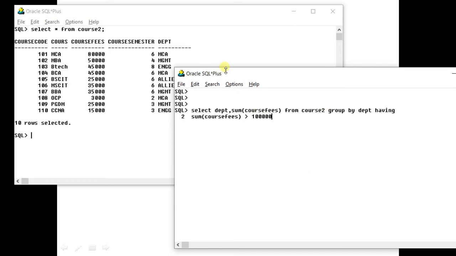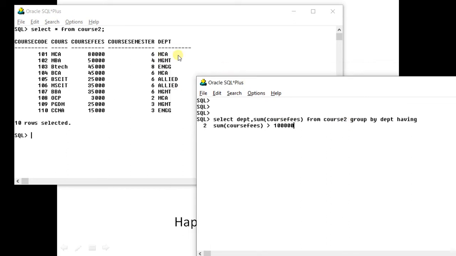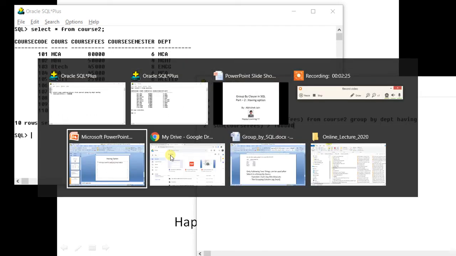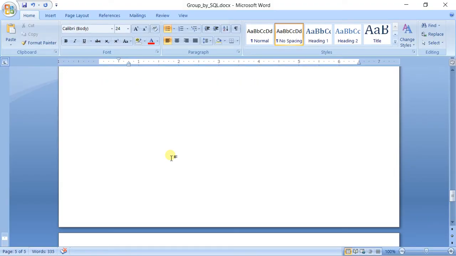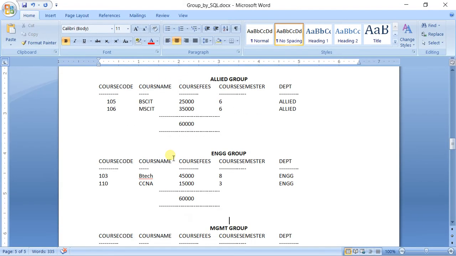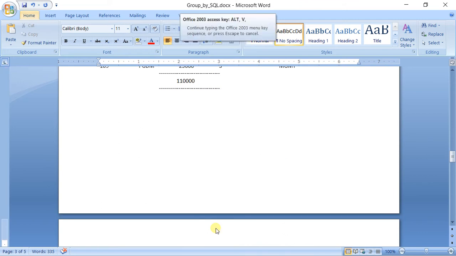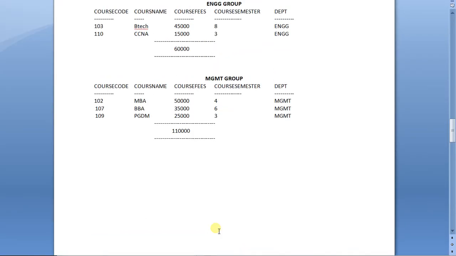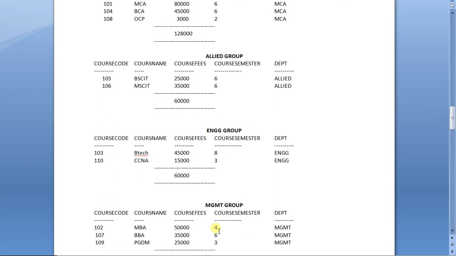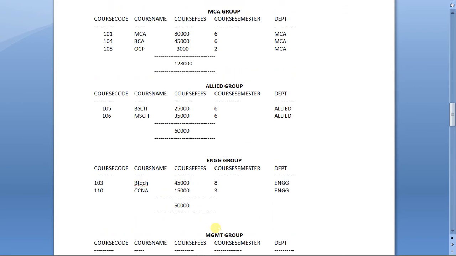Still in RAM, Oracle will create four different groups, something similar to what we have seen yesterday: allied group, engineering group, management group, and MCA group.